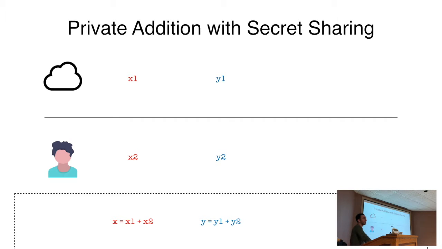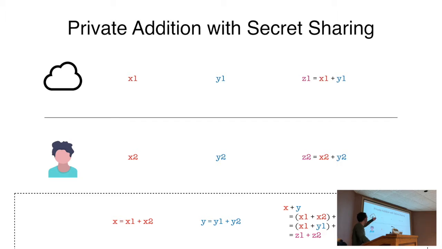So then we have private addition and public multiplication. With private addition, we essentially want to add x and y. x1 and x2 are each shares of x, and same with y1 and y2. So we have these shares on different devices, and we want to compute x plus y, which is essentially x1 plus x2 plus y1 plus y2. But we don't want to exchange those numbers. So how we do that